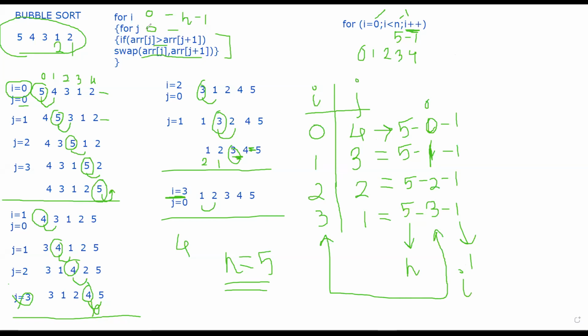So over here, when I'm writing this j loop, my j loop will go from 0 to n minus i minus 1. Understood this? How this range I calculated, how I decided that I should write n minus i minus 1? I have just written this such that I should get the values 4, 3, 2, 1. Means in terms of i and in terms of n, I have written this equation. I have just generalized this.